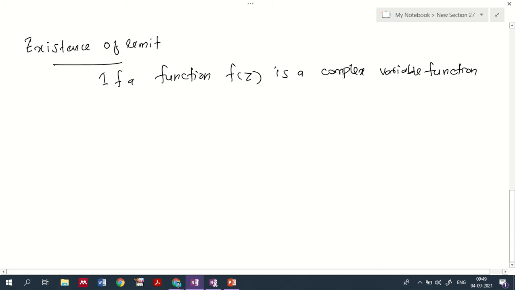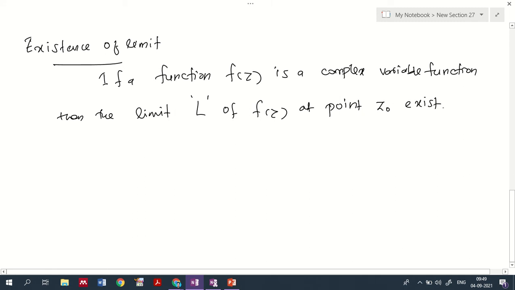Then the limit, for example L, of f of z at a point z0 exists if and only if